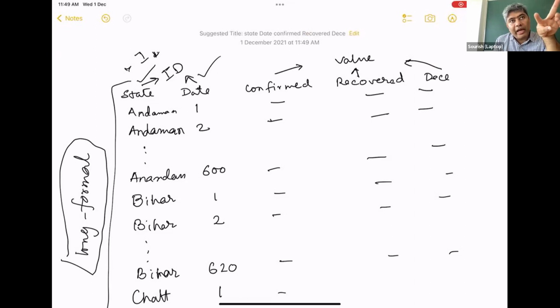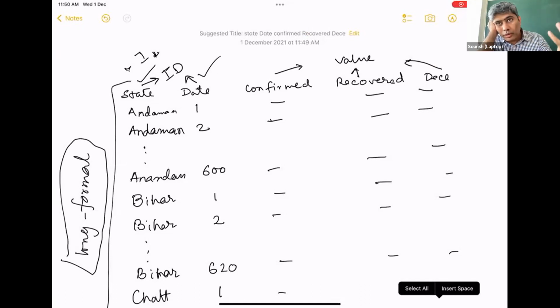Different state and different day, the values are changing. If you just subset by a particular day, say 5th March 2021, and you want to check how the situation is, then there will be 36 states, and each state will have a confirmed number of cases, recovered number of cases, and deceased number of cases.